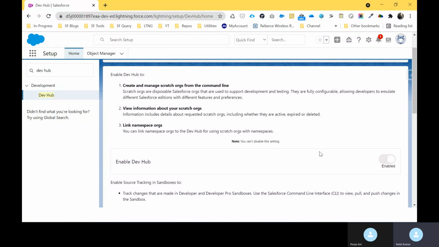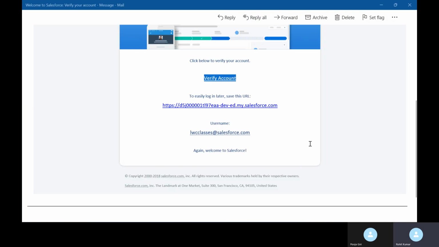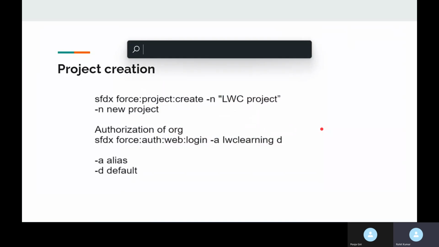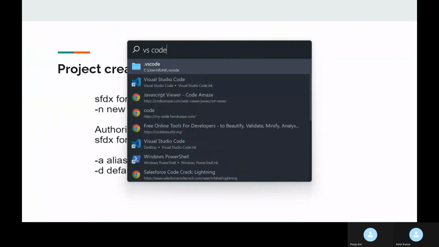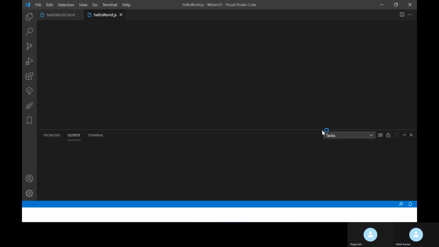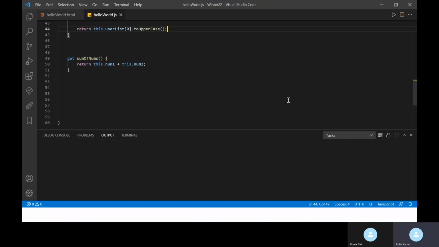Okay, creating the LWC project. So keep in your mind and keep focus on these points, because it's very helpful for you and us. If you are working on any LWC project, first of all we have to enable DevHub, then we have to move to our VS Code. So let me open my VS Code. Here you can see my VS Code.